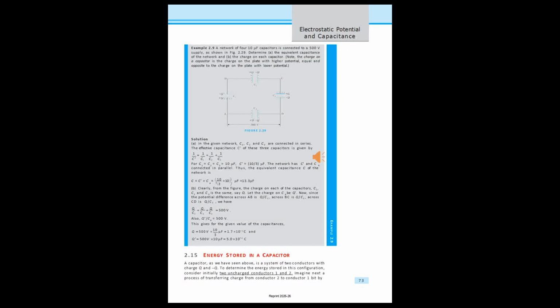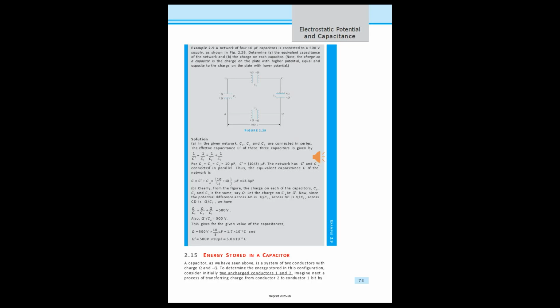Energy stored in a capacitor. A capacitor, as we have seen above, is a system of two conductors with charge Q and minus Q. To determine the energy stored in this configuration, consider initially two uncharged conductors 1 and 2. Imagine next a process of transferring charge from conductor 2 to conductor 1 bit by bit,